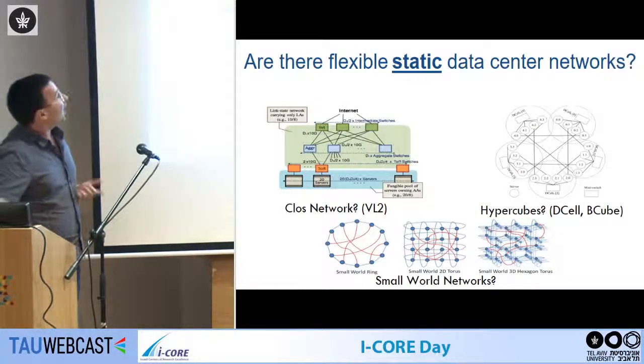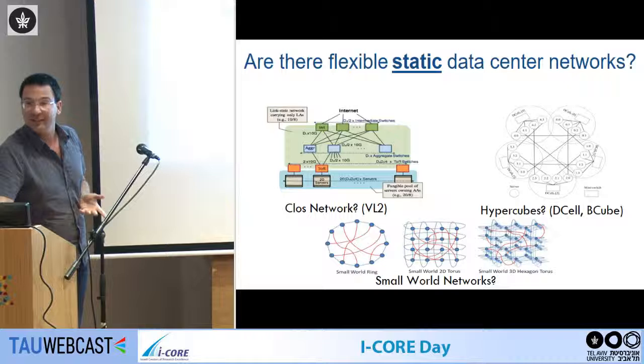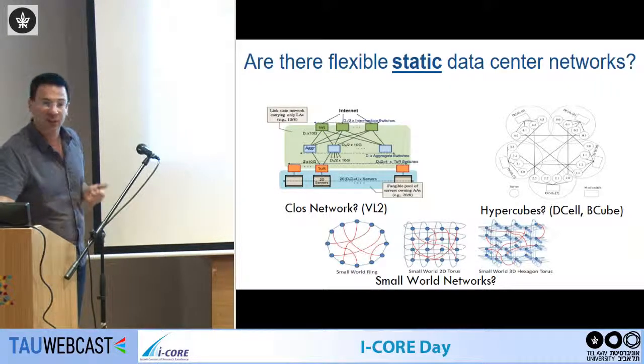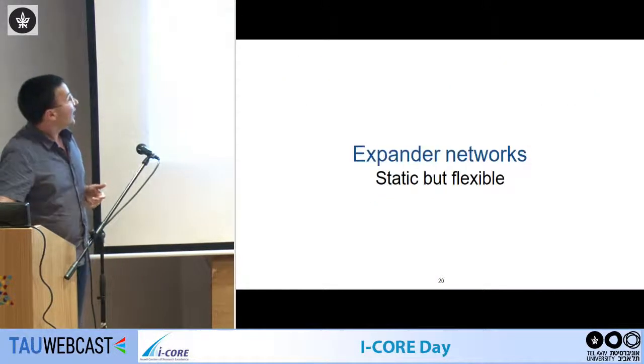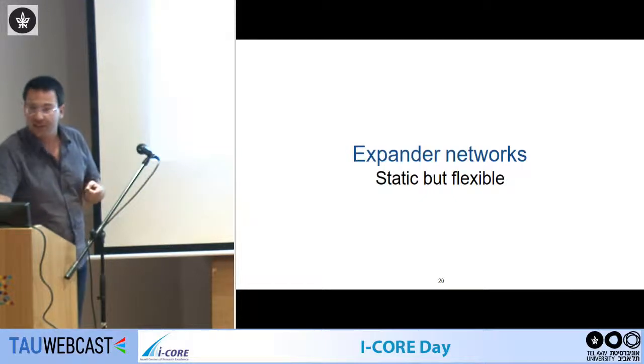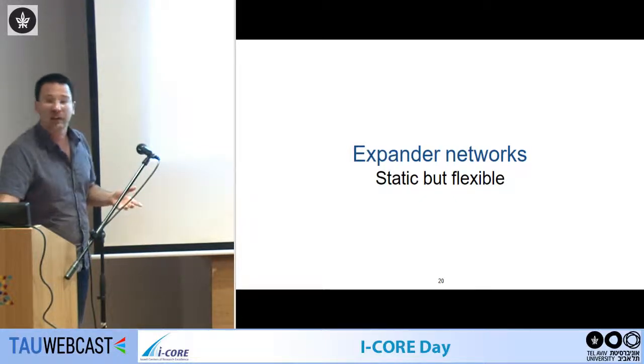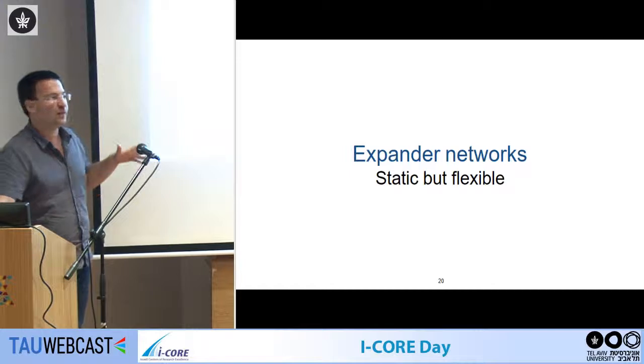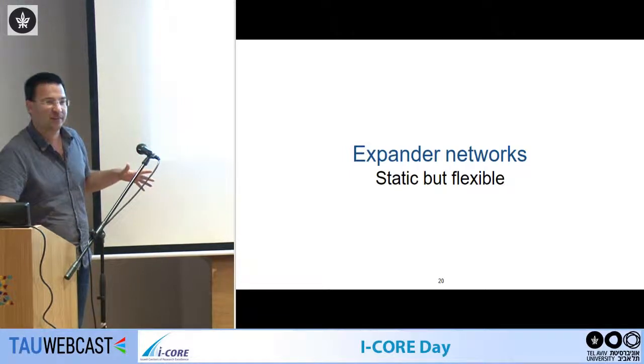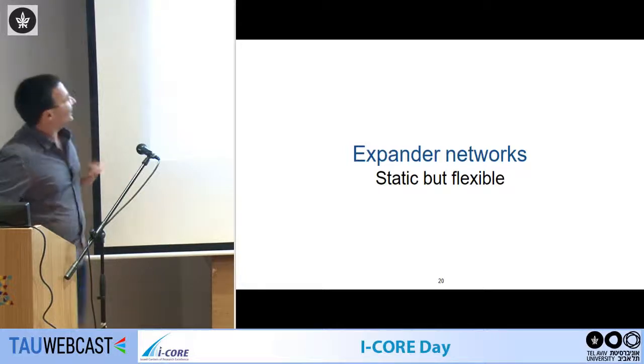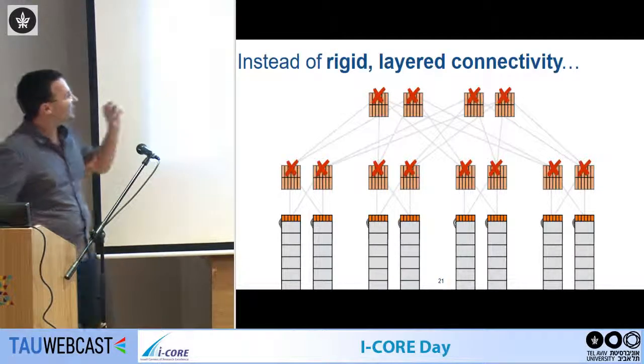So the question is, are there flexible static data center networks that do better? And the non-surprising answer from a theoretical perspective is that, of course, there are expander graphs. How many of you are familiar with the definition of an expander graph? Okay, so I'll linger on that for a little while, but let me tell you the high-level idea from a